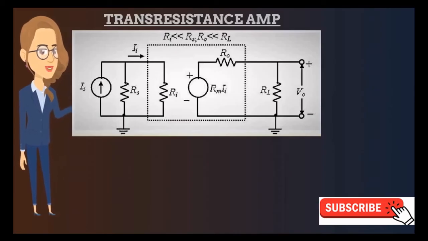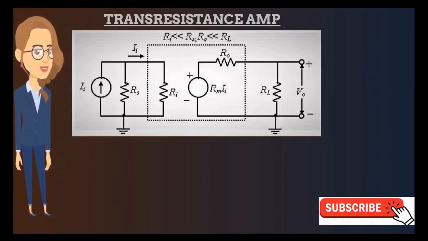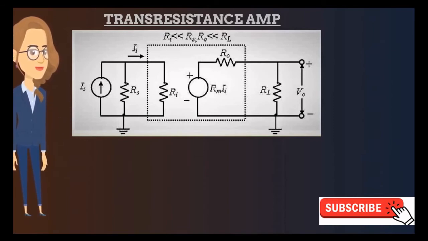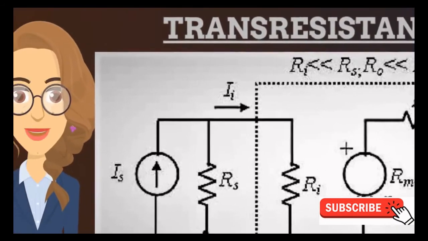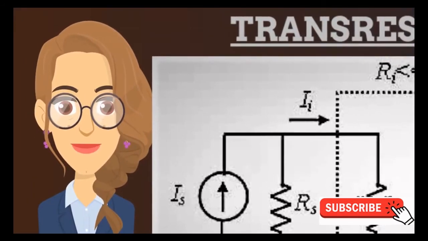The concept of transresistance amplifier is the transfer of resistance from the input to the output, and it tells the ability of a circuit to obstruct or to resist the current from the input to the output. It is represented with the letter R, and it is the division of V by I. A little change in the input current will cause a linear change in the output voltage. And here the circuit is analyzed with the Norton equivalent at the input and Thevenin equivalent at the output.